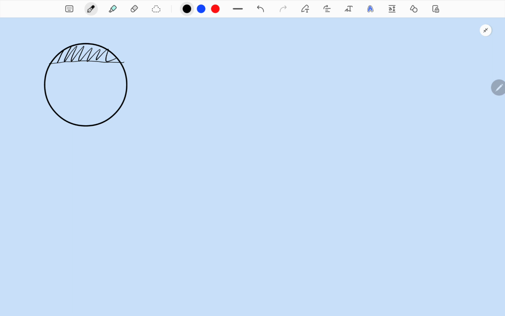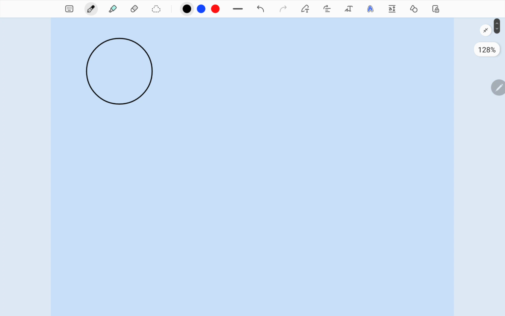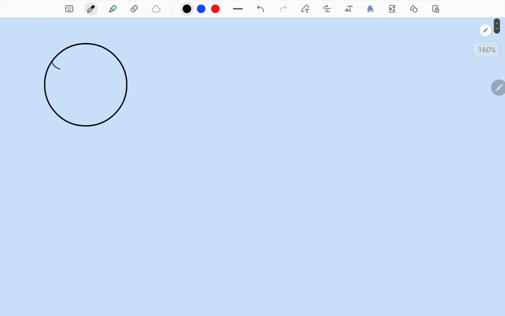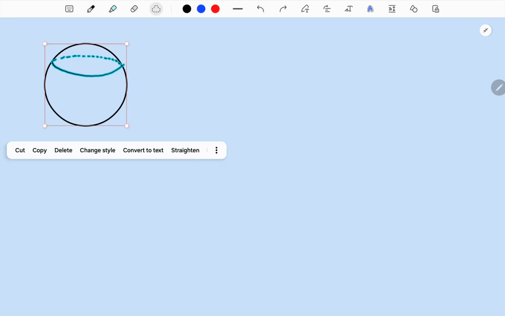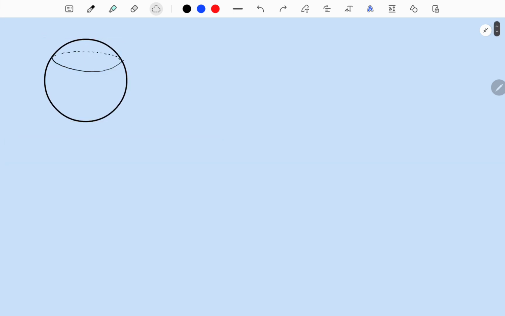This is if I am looking at the sphere directly, face forward, but usually it's from the perspective of looking at it a bit more from the top, so it looks something like that. So this is a spherical cap, and I'm trying to find this volume right over here. Let me see if I can rotate this. I cannot. So the way I will find this volume is